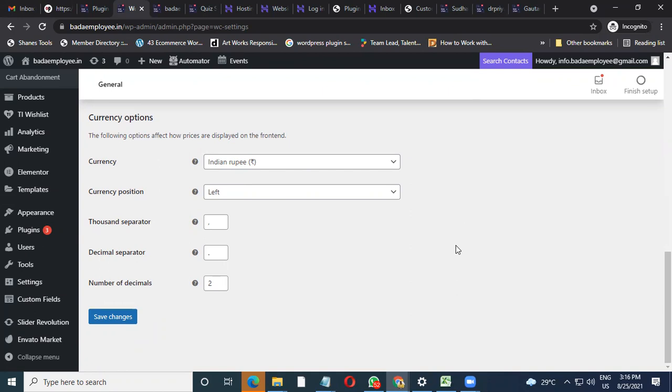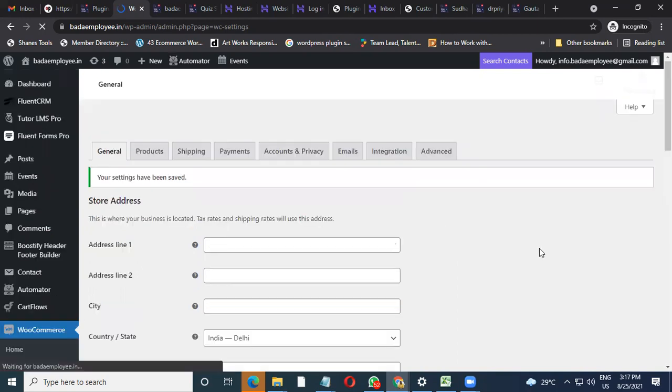It will be a real-time currency converter, and people from any country, if they are seeing, no matter you put rupee over here, and people in US are clicking your site and opening it up, they will be able to see it in dollars, and they will be paying in dollar, and you will be getting it in rupees. So again, for that you require that kind of payment gateways to be integrated.